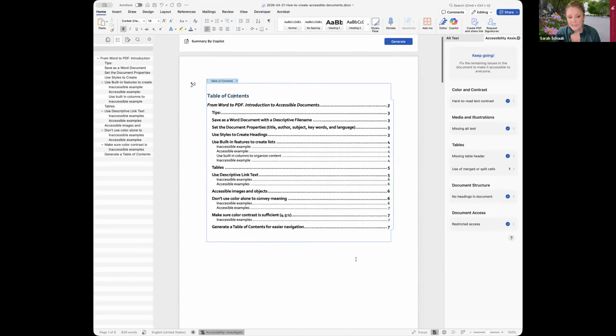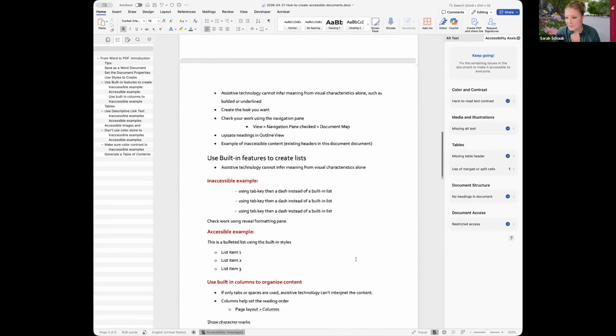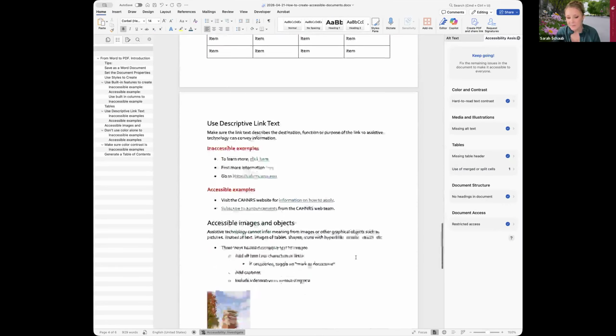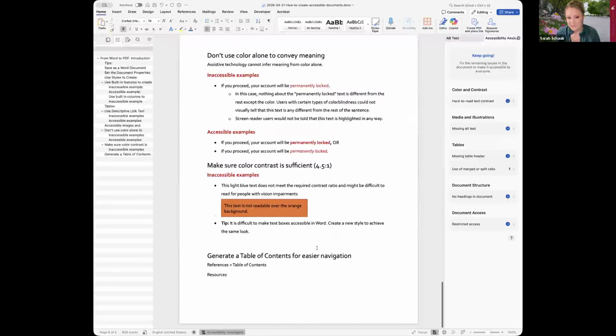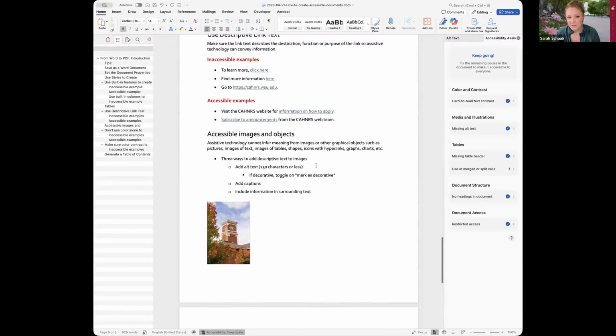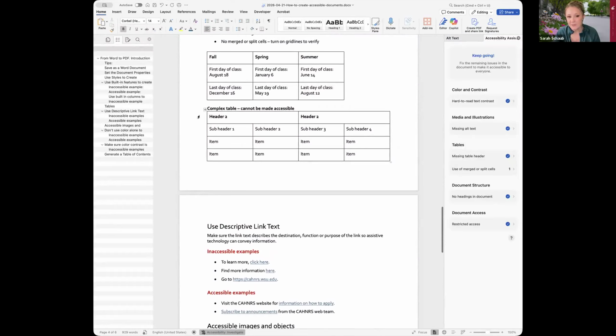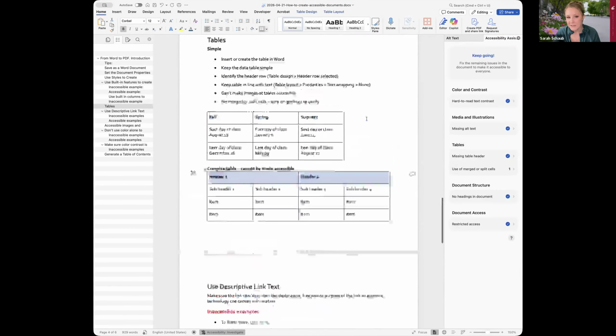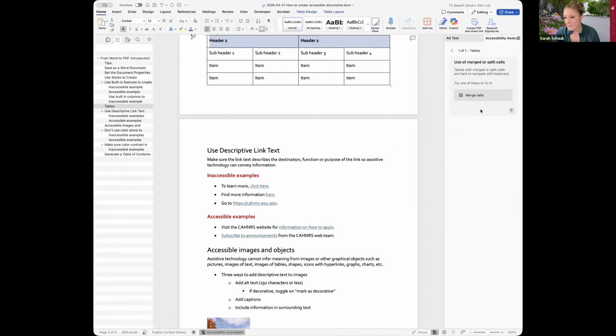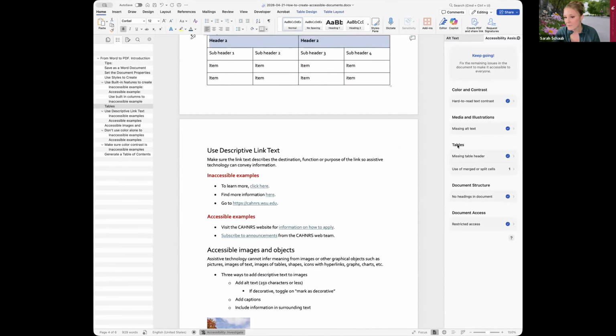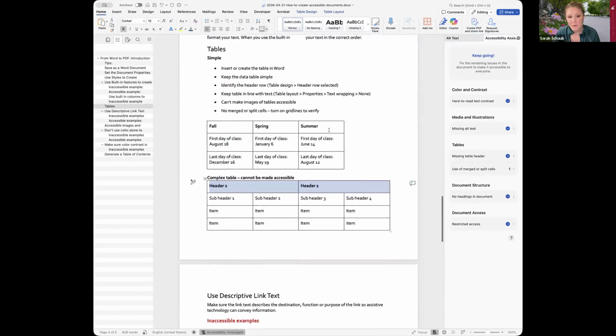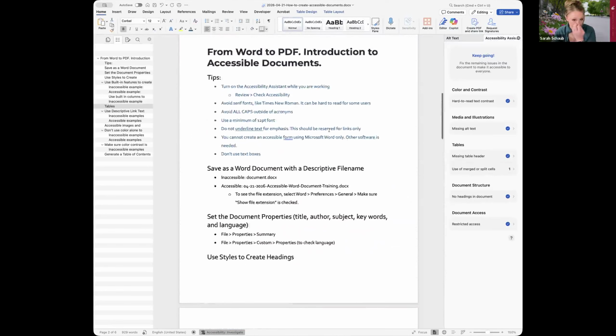So let's say we've done everything that we're supposed to do, which, you know, there are a couple of things that are technically still issues, one of them being merged table cells here that would create an issue in Microsoft or Adobe when you save it as a PDF, which is identified in that table section over on the right: use of merged or split cells. But everything else looks to be pretty good. That seems to be the only issue. So how I would want to save this now